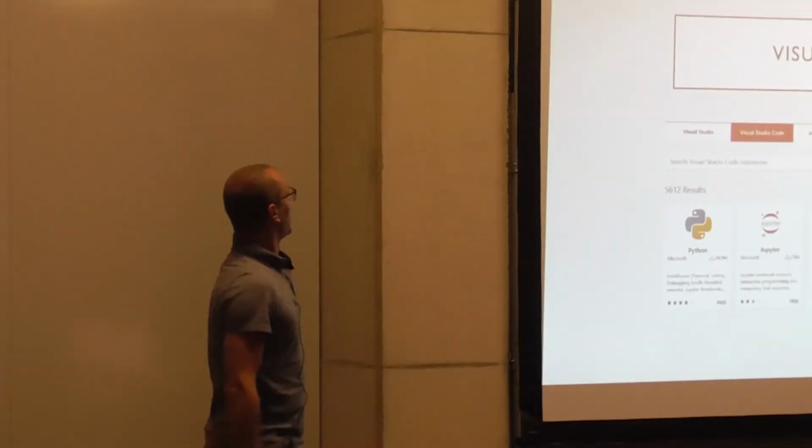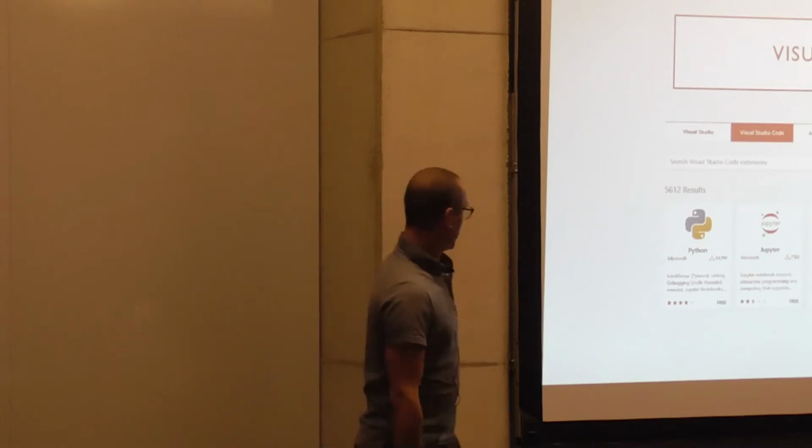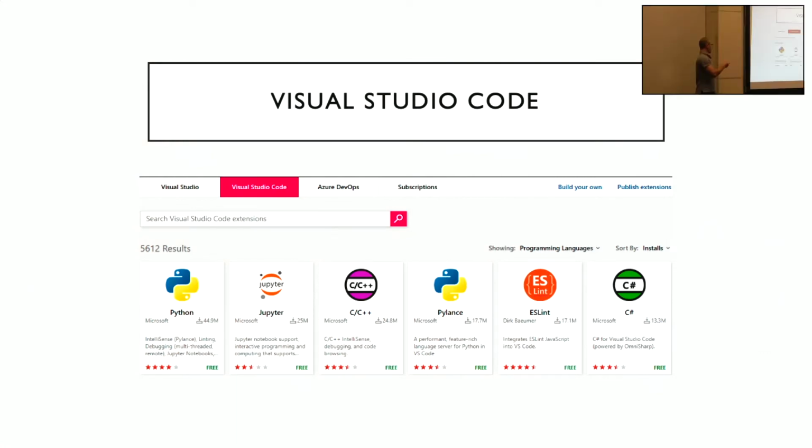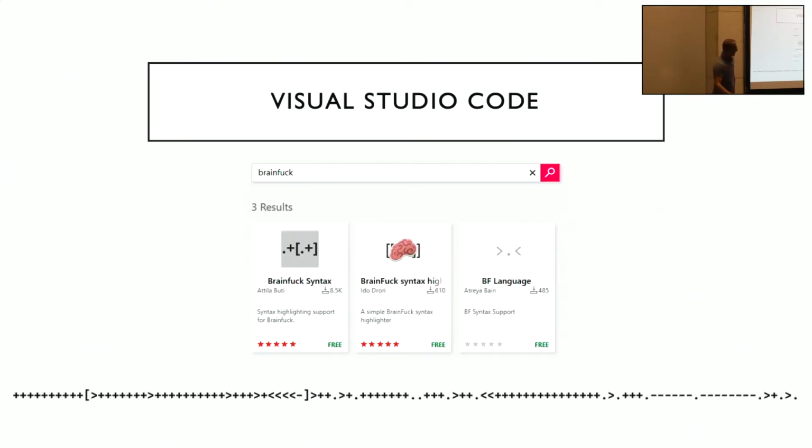This is just a quick search on the marketplace for VS Code. If you look for language support, you end up with more than 5,000 results. There are many duplicates. Even on the first line, we can see 2 plugins for Python. However, there are lots and lots of languages which are supported out of the box or just with the installation of a simple plugin, and you have full support for the language in VS Code. This is why it became popular, and you can even find plugins for